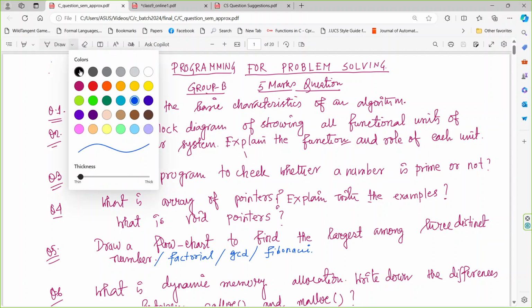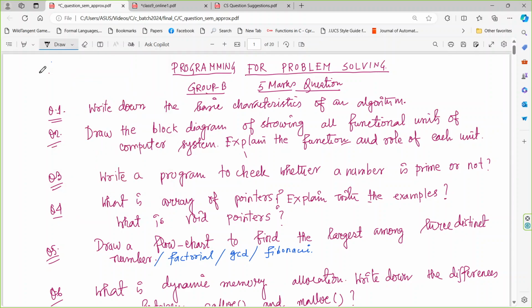This is for the overall suggestion, the basic characteristics of an algorithm. Or you can say what should be the best case or the worst case complexity